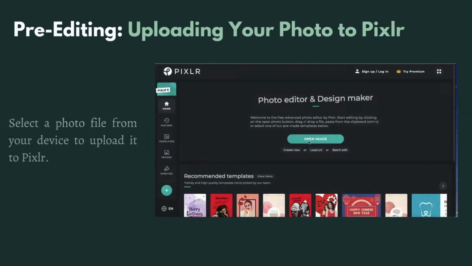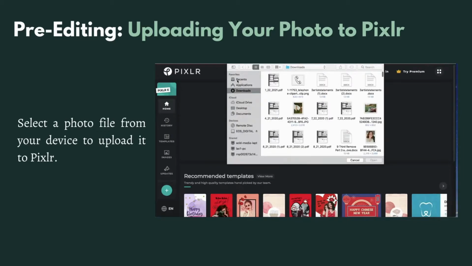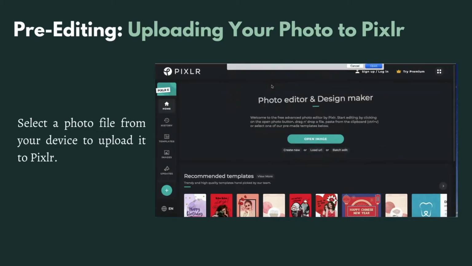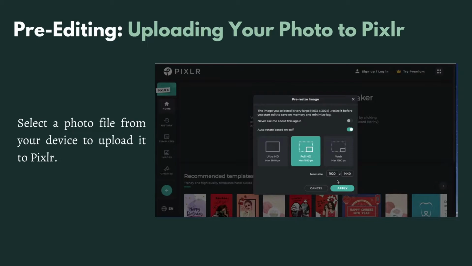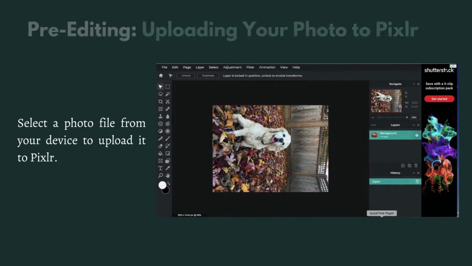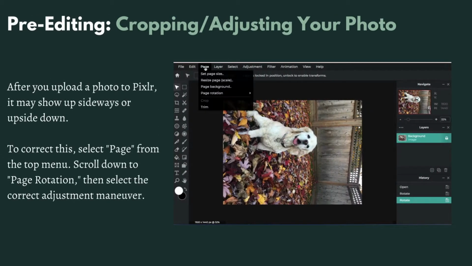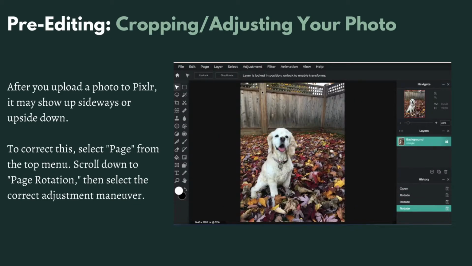Before you can edit your photo, you have to upload it to the Pixlr program. To do this, you open Pixlr, select a photo file from your device, and click Upload. After you upload a photo to Pixlr, it may show up sideways or upside down depending on the size of the photo. To correct this, select Page from the top menu, scroll down to Page Rotation, and then select the